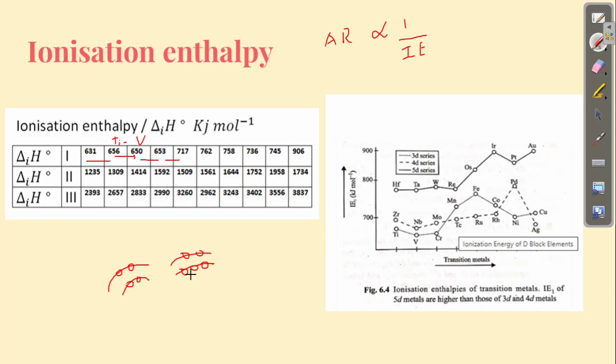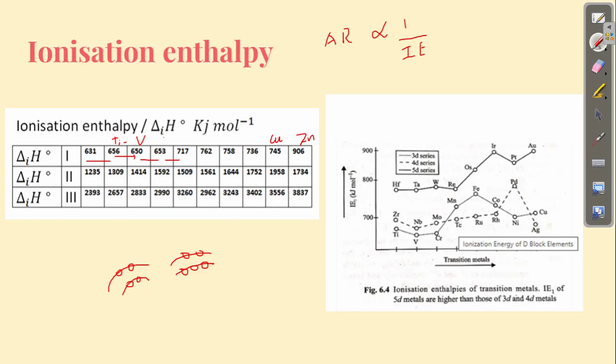Since there is a change in the screening effect, there is a small decrease in the ionization enthalpy. But when we compare chromium to manganese and copper to zinc, the first box says the first ionization enthalpy, the second box is for the second ionization enthalpy, that is removal of the second electron, and the third box says about the third ionization enthalpy, which is the removal of the third electron. Here, what happens when we compare? So this we are going to commonly discuss.